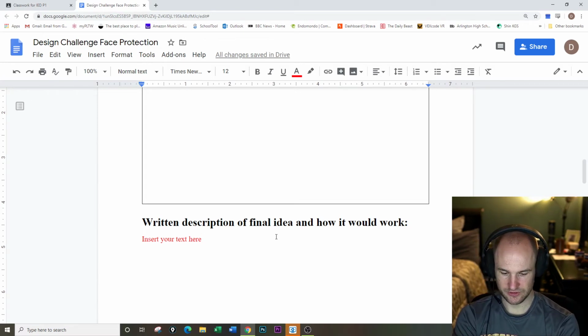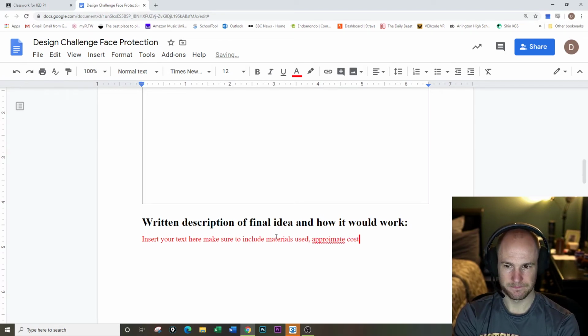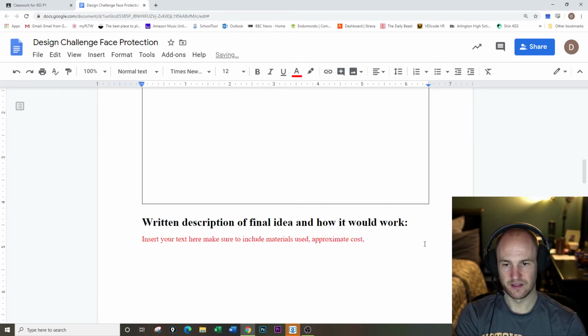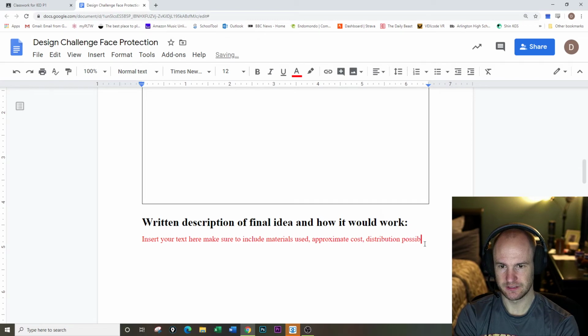So insert your text here, make sure to include materials used, approximate cost, things like that. What other things? What do you think? Distribution, possibilities,